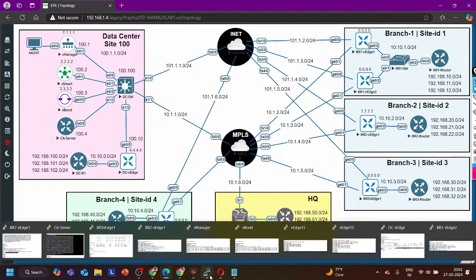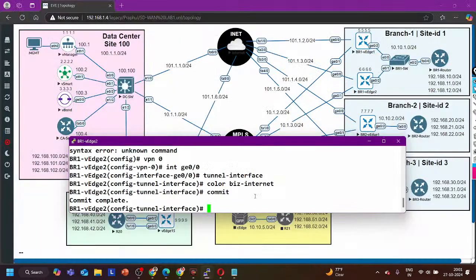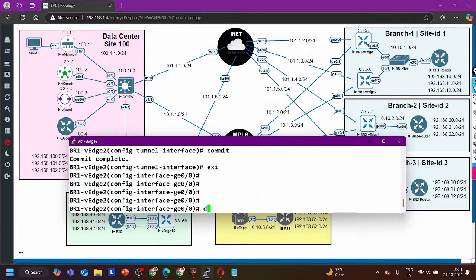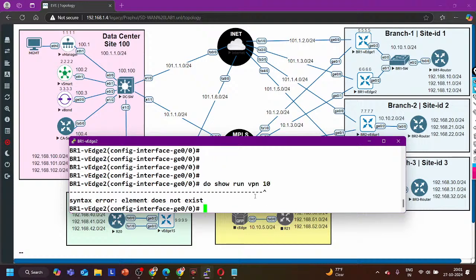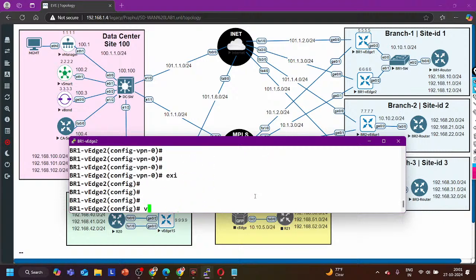So branch 1 vEdge 2 here. I am going to check with show run and VPN 10. So not configured. Exit. VPN 10. Which interface are you going to add in VPN 10? Interface GE